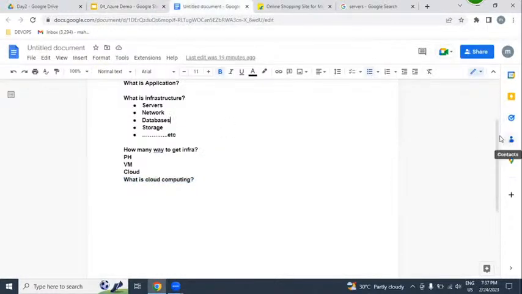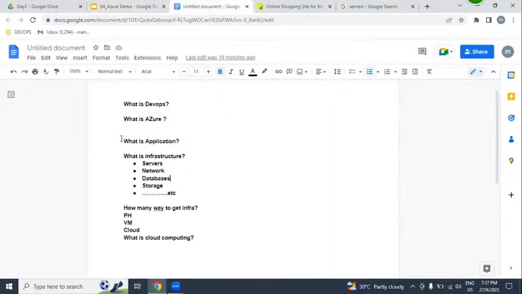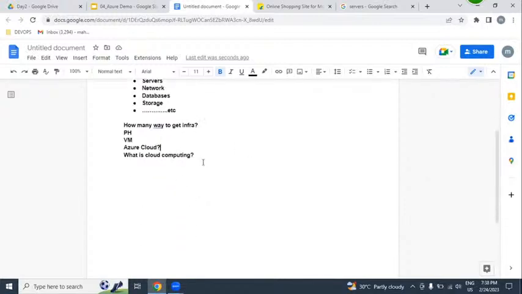For deploying our applications and for maintaining our applications, we require an infrastructure. For this infrastructure, we can get either a physical environment, a virtual environment, or cloud. But which cloud are we going to be using? Azure cloud. So to understand this,